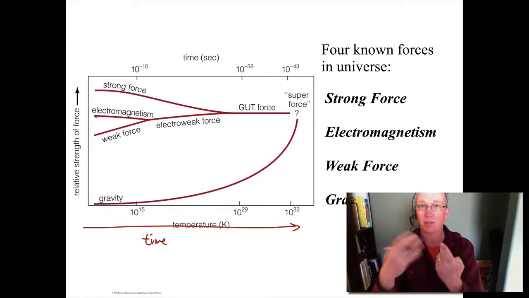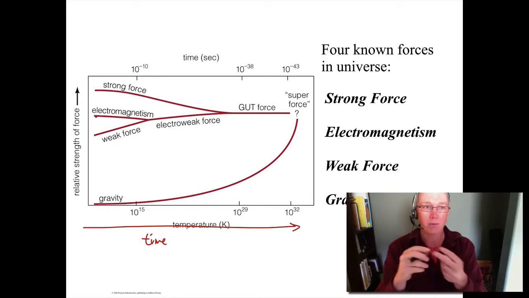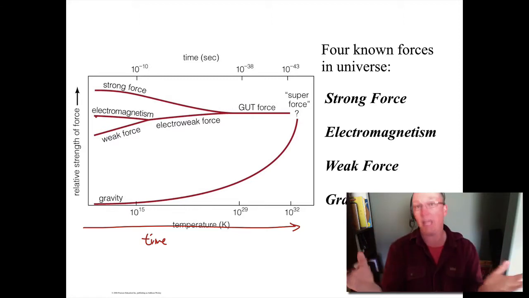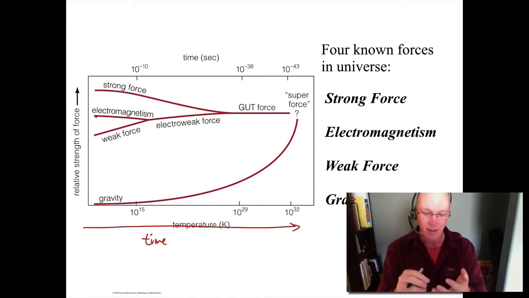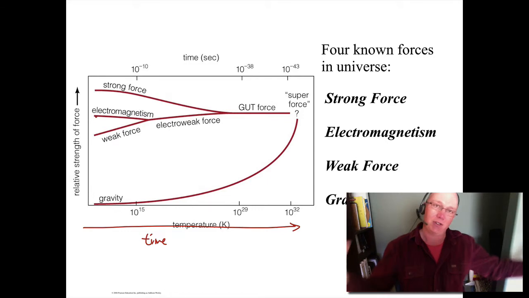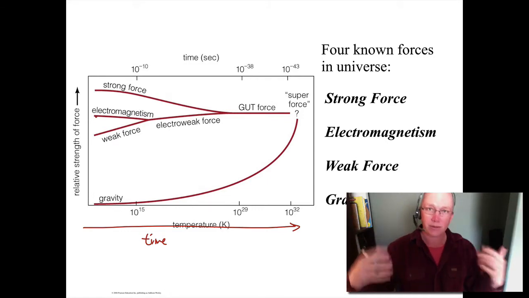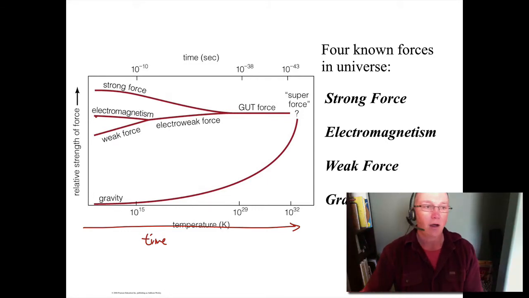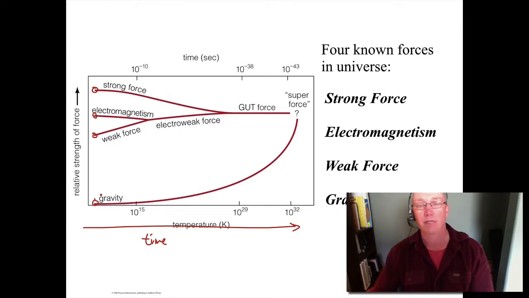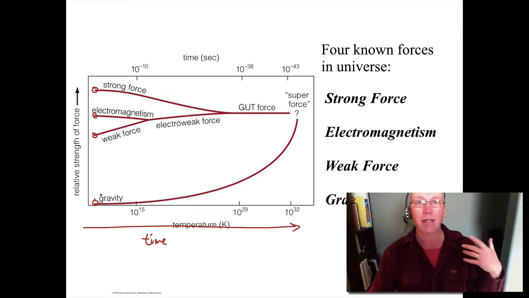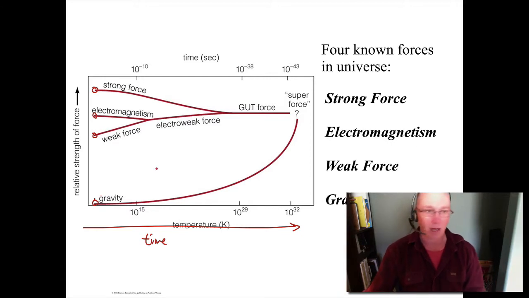Well, we know from experiment that at low temperatures, we have the four forces of nature: the strong force, which governs the nucleus of the atom. We have the electromagnetic force, which governs chemistry. It governs how atoms interact. We have the weak force, which governs radioactive decay. And then we have gravity, which is the force we're most familiar with, which is what sticks us to the planet. All those have been very, very well studied at low temperatures. We do this in the laboratory. And all of them are distinct. They cannot be combined. They're all very, very different forces, and they work on different scales with different properties.